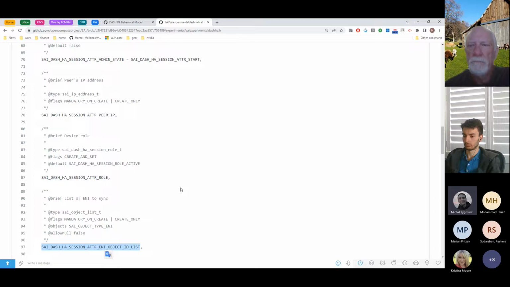So I would like to use this HA session to really sync the flows and make sure the flows get synced, because that's the heavy part, since it should be synced almost in real time or in batching. But the ENI state, which is basically the entire ENI policy list of mappings to translate this kind of stuff, we can sync through the control plane through eventual consistency. Because even if the customer, for example, updates the ACLs, say the customer switches one ACL and adds a deny rule, they do expect